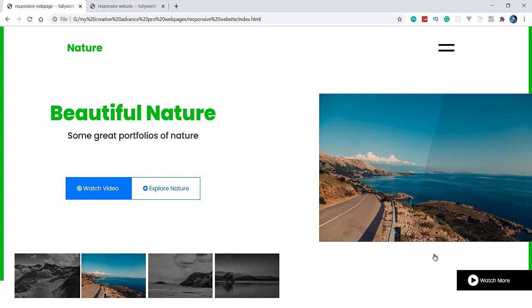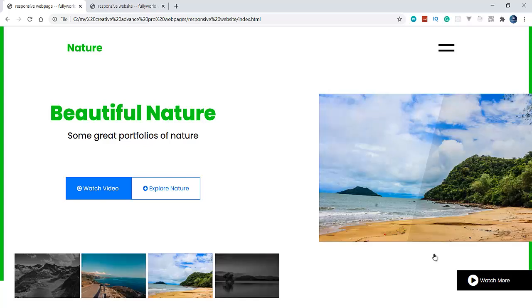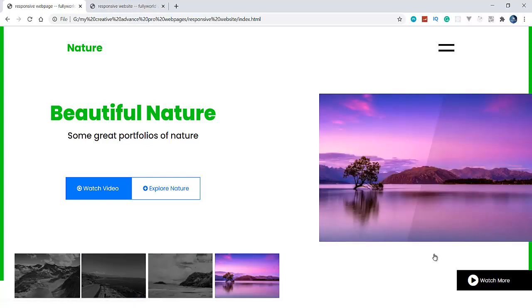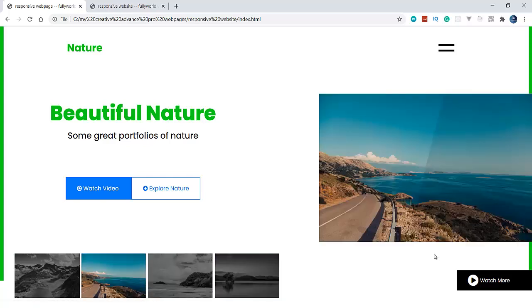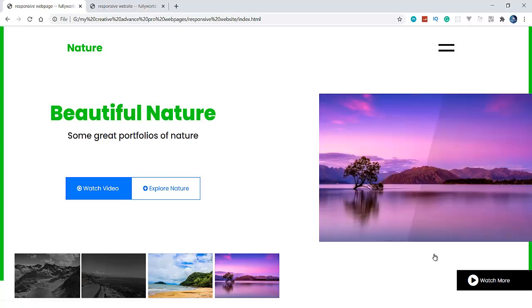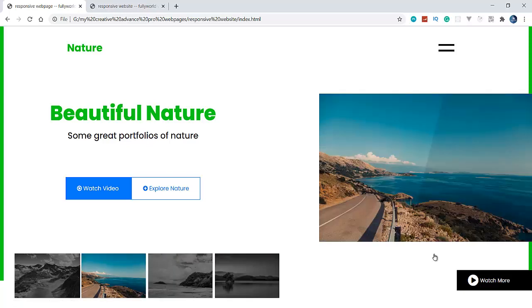Because this is a little complex design, that's why we are using Flexbox here. So simply I will apply images here, and the rest, the dynamic changing of images, we will do in our next video.